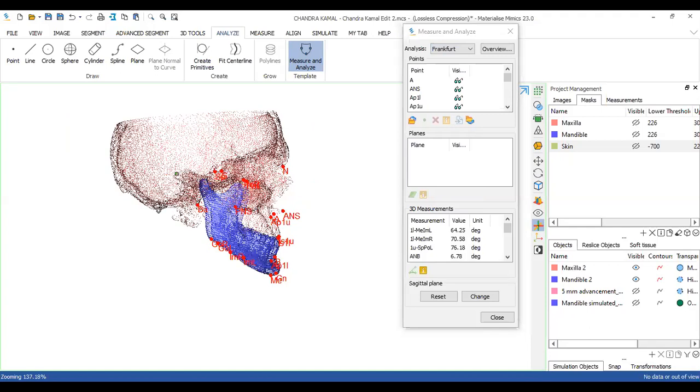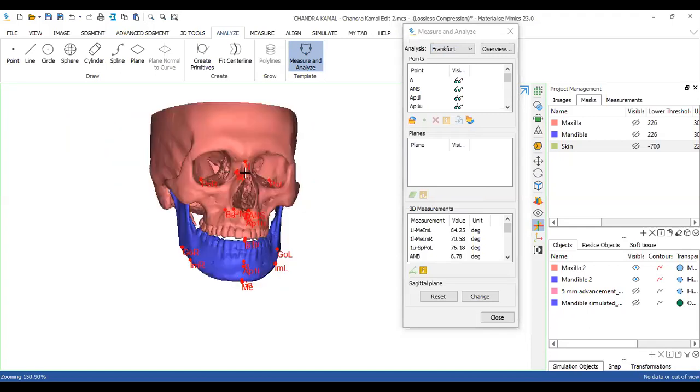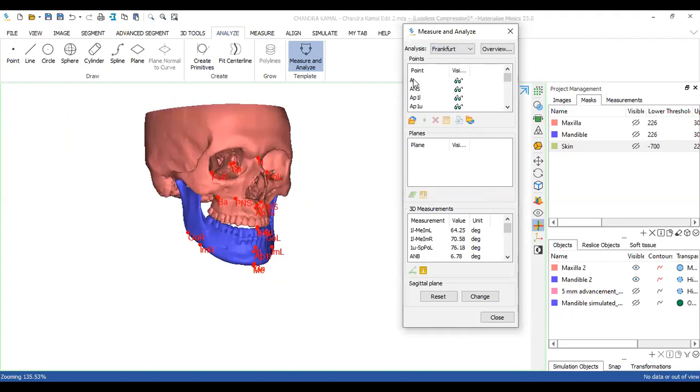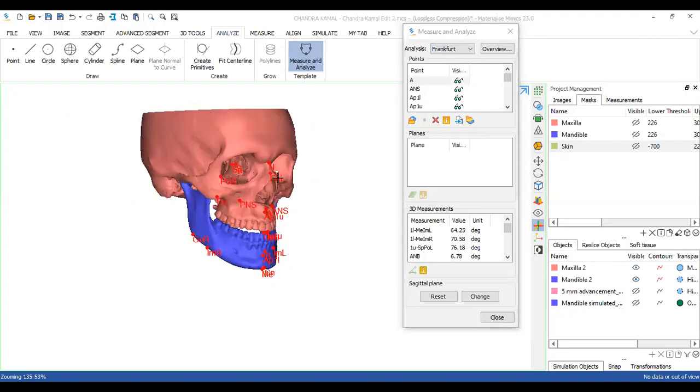Right? So let me just tell you how you do that. Here, if you can see, you have your points. Let's understand all the three windows first. You have your points, then you have your planes window, and then you have 3D measurement. Generally, we don't require planes other than in some cases, right? Generally, we don't require planes. So I'm not taking any plane here. I have just marked the points. Now, how do you do that?